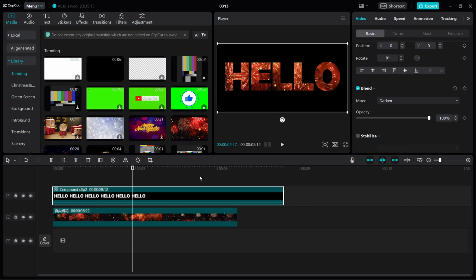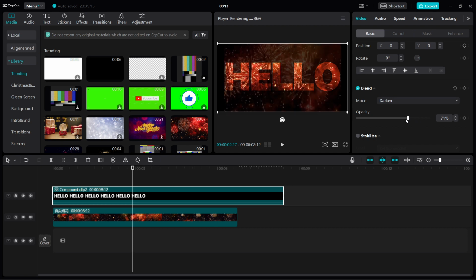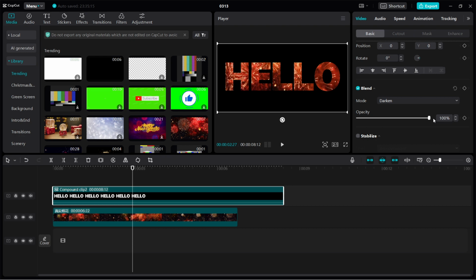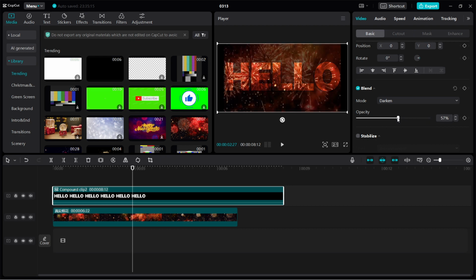text is now transparent. Now you can also play around with the opacity as much as you'd like, and as you can see, the text is transparent, and it's a cool little trick you can use to play around with your fonts and your